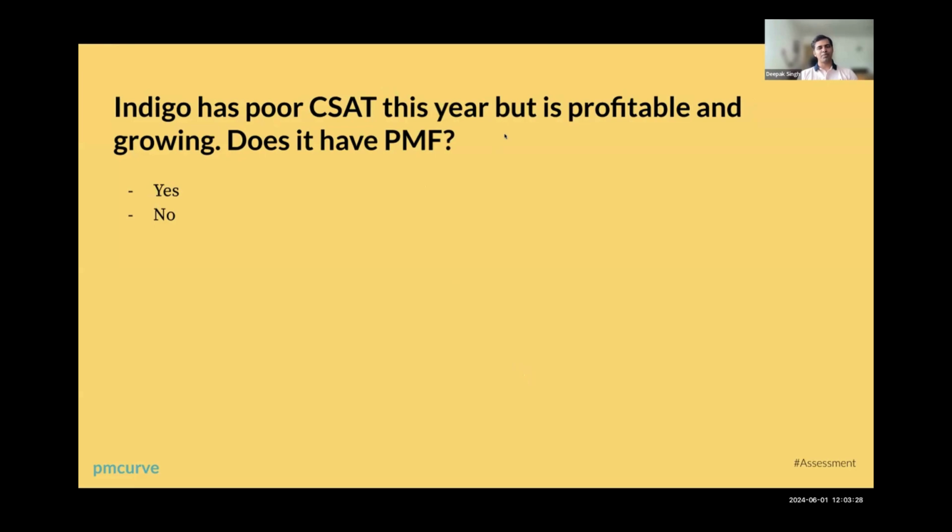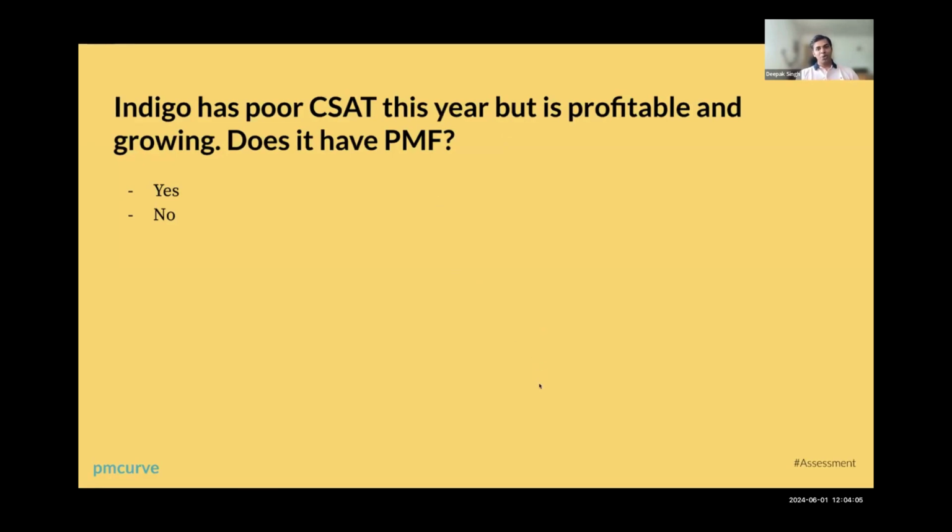And because we have a room full of PMs, we can even call it the Jira effect. Jira is a tool every PM hates. I think at least the PMs I know hate it. It has poor CSAT, but it's profitable, it's growing, it has the PMF. And we can keep complaining about Jira. If Jira were measuring the PMF using CSAT, they would lose their sleep, right? Same is true about, by the way, some of the Microsoft products before Satya took over.